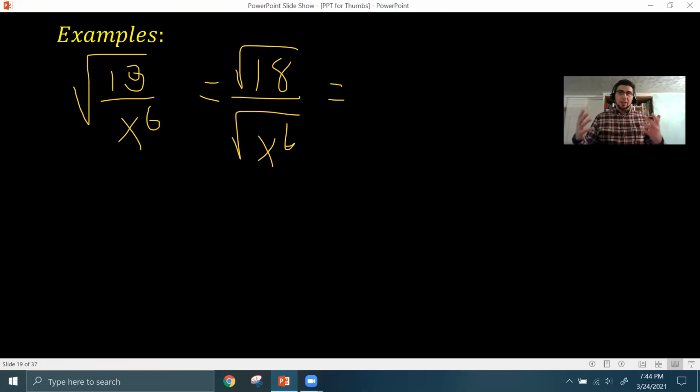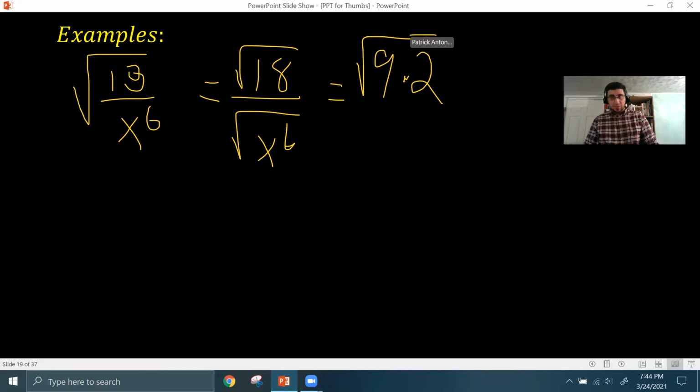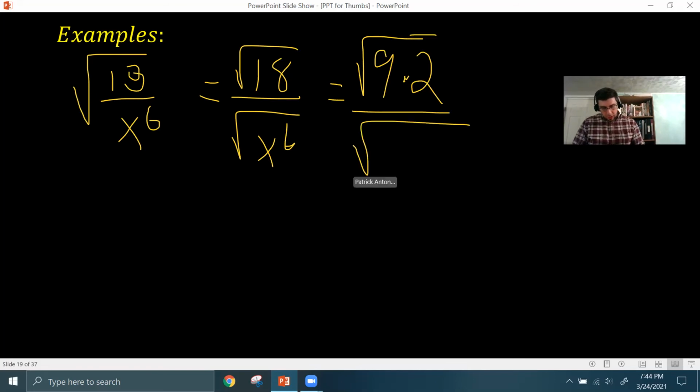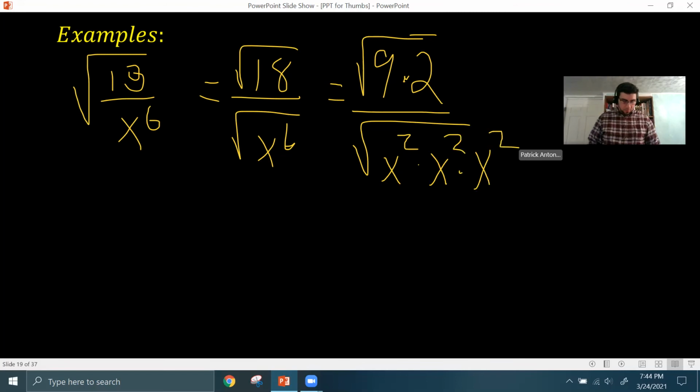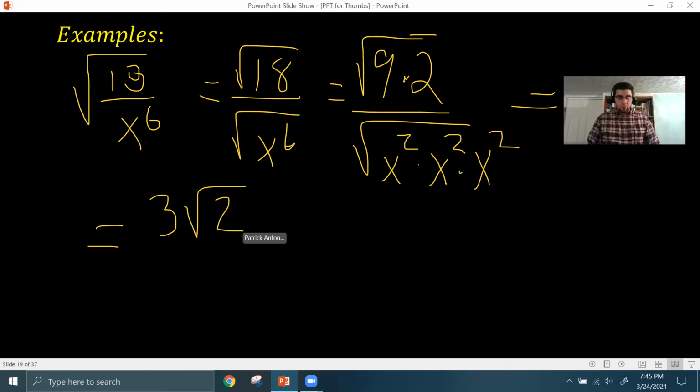Well, luckily 18 has a factor of 9, which is a perfect square. So you can write that as the square root of 9 times 2, both inside the radical, because I haven't done any square roots yet. And then in the denominator, you can think of that as x squared times x squared times x squared. Now, the numerator: the square root of 9 is going to end up being 3, and then the 2 is going to stay in the radical because you don't take the square root of it. The denominator is going to end up being x cubed,